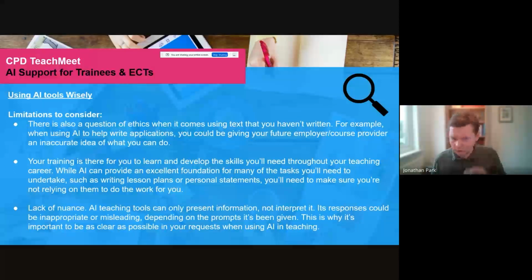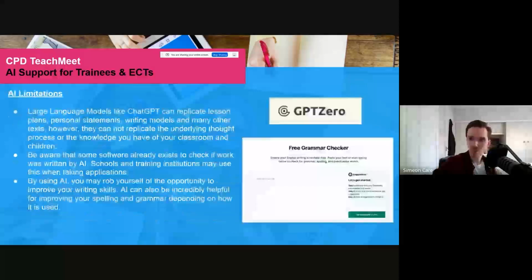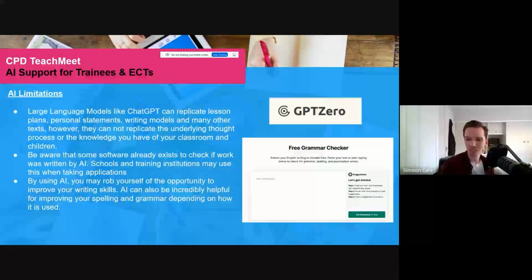I remember when interactive whiteboards came into the classroom, teachers were freaked that they'd lose the skill of how to teach, and actually it just gave them an extra tool. So use it, use your judgment, check it, but don't let these limitations put you off from trying it, because it can save you time if you use it well. Yeah, absolutely. And I think one of the main things teachers need at the minute is something that will save time and reduce workload. So yeah, I really don't want to put anyone off.